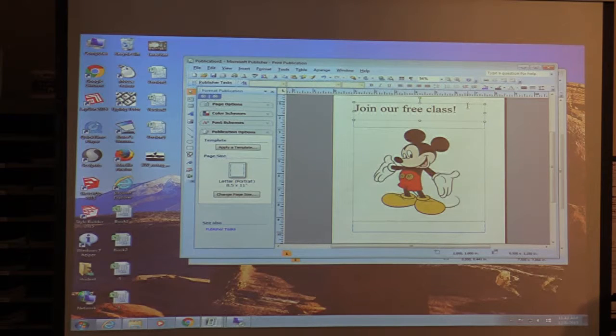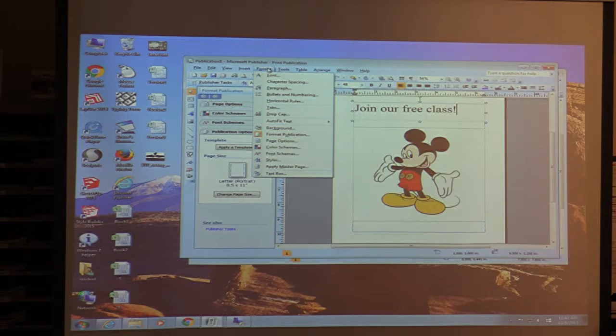Another thing you can do with a text box is put a border on it. Insert, I would say, is the most important of our tabs up there, but Format is a close second. Format's a good one to know. Format will let you add borders, fill in a color on your text box, whatever you want to do. But if you go down to Text Box there,